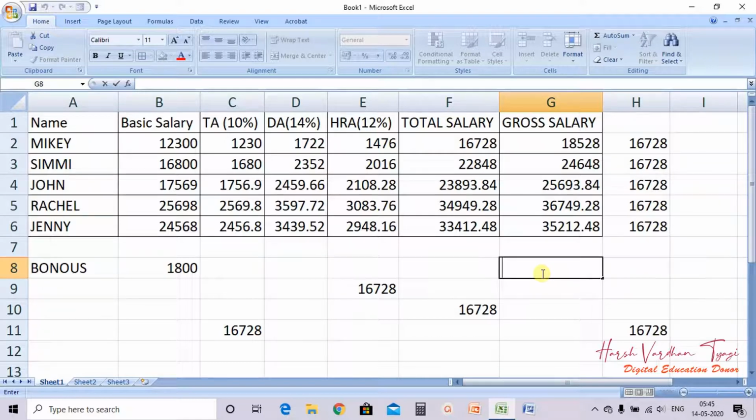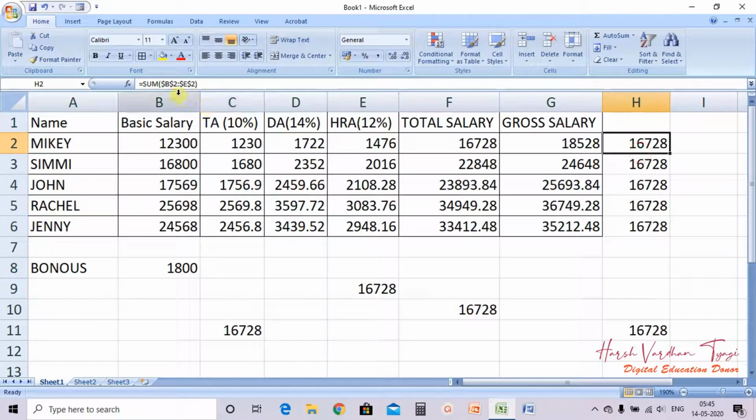Okay, this is called absolute reference, in which both the row and the column will remain fixed. So here what we have done, we have kept the row and column fixed, and no values keep on changing. It is a constant formula. So wherever you paste this formula, the formula will remain same, it will not get changed. That is called absolute reference. And I hope this thing is clear to you all.